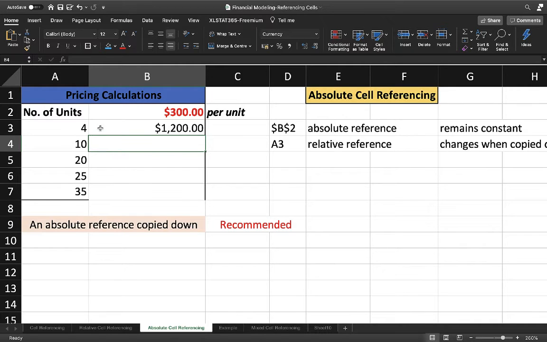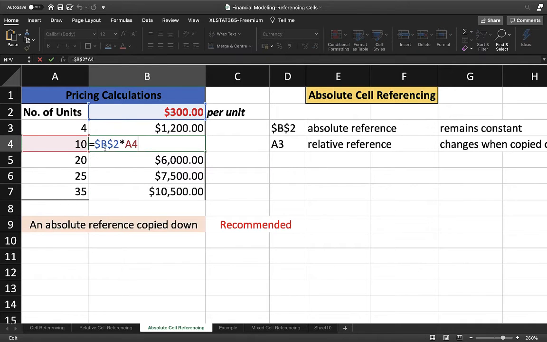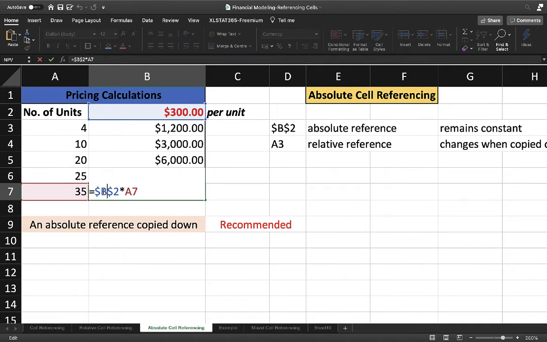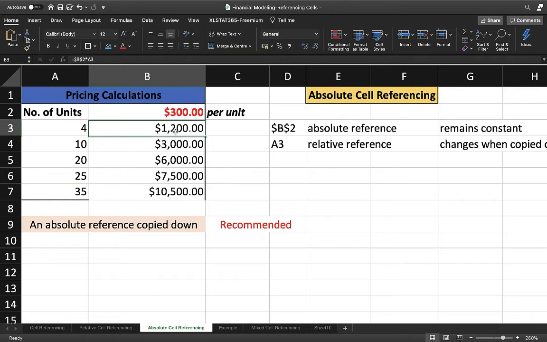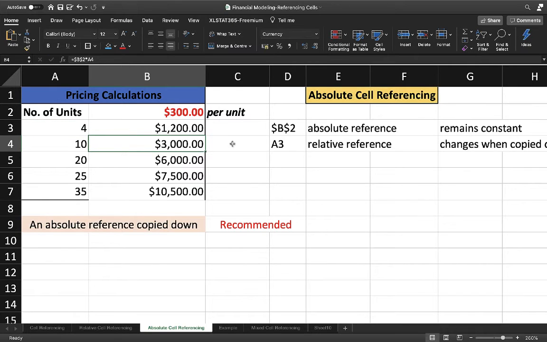Now if I copy this formula and paste it down here, you see our values are the same, meaning our B2 will remain the same, multiplied by A4. Again B2 is the same, multiplied by A5, then again it is the same, multiplied by A6, and at last again it is the same and multiplied by A7. So if I say that this first part of the formula is called an absolute reference, which remains constant throughout the calculations, the second part, that is A3, is your relative reference.